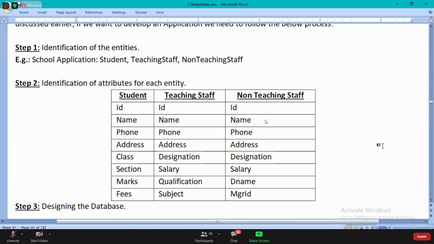If at all you wanted to create an application, the very important thing you need to remember, all of you, is that every entity will become a class. How many classes?